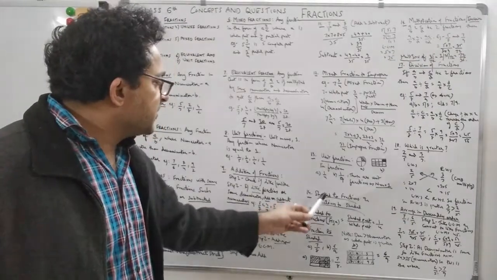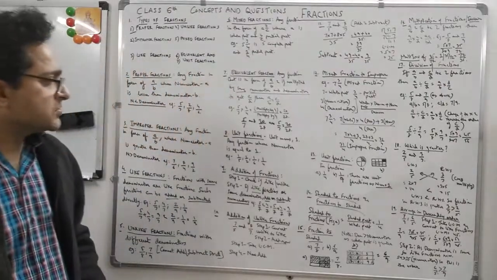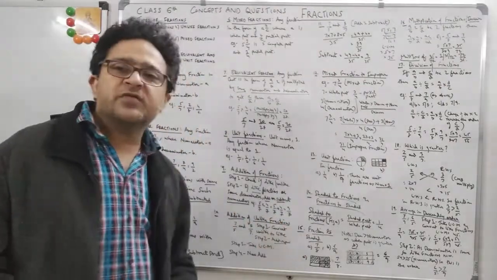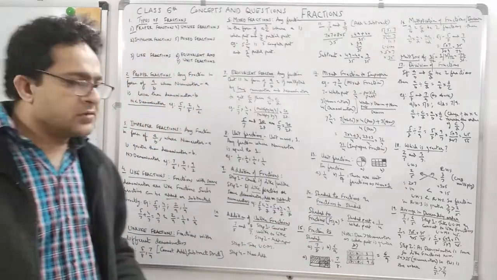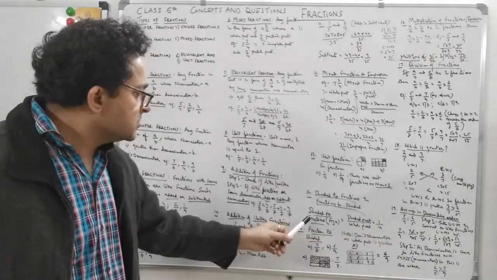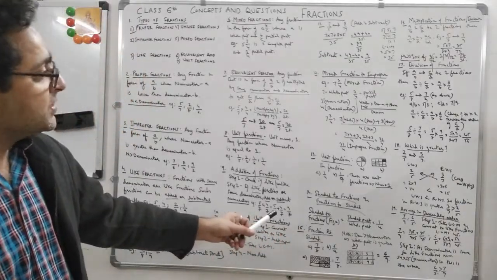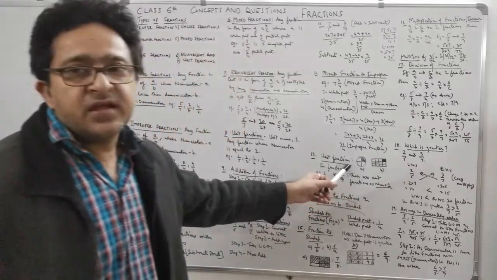Now we have shaded to fractions and fractions to shaded. This is the next topic. Shaded to fractions: a shaded portion is given to you and we have to convert to fraction, or else a fraction is given to you and we have to shade it. So let's see. Now shaded to fractions. Suppose figure A. Which is figure A? I have taken this figure A.